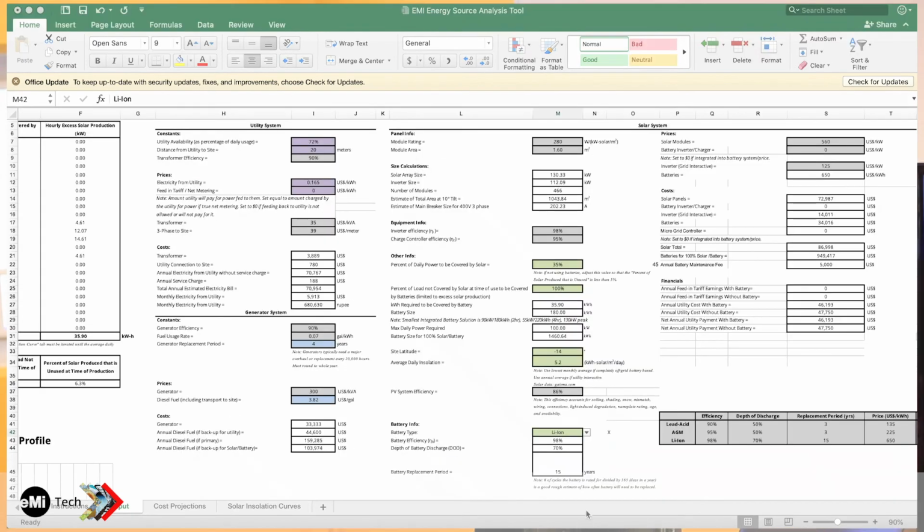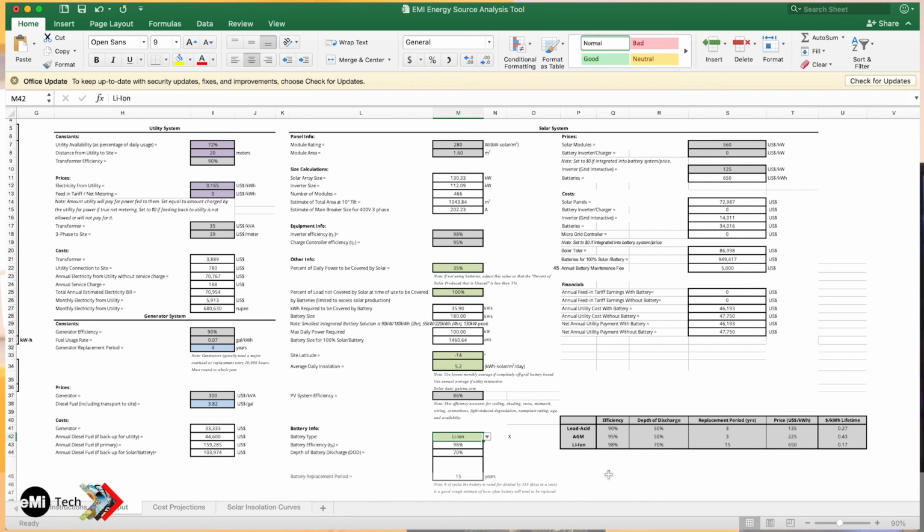Cells for percent solar and percent battery will be adjusted up and down to optimize. So once you enter all that known data, then right in here, you'll be adjusting percent solar and percent battery. It's just an iterative process. We don't have software in there where you hit go and it tells you what system to put in. You're going to have to do that manually to tweak things and find the best solution.